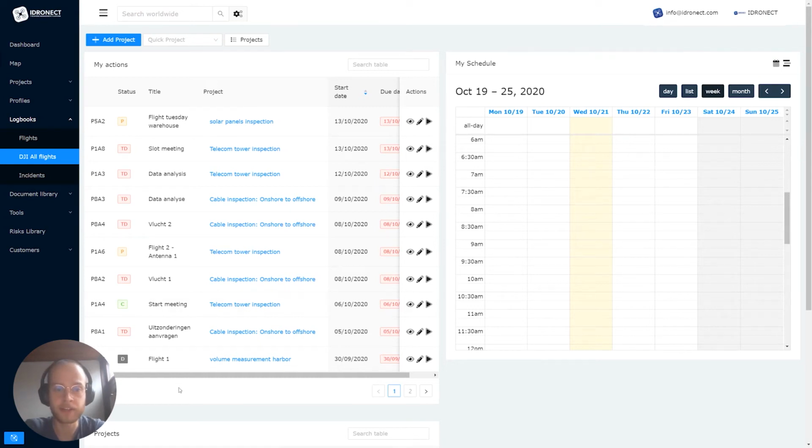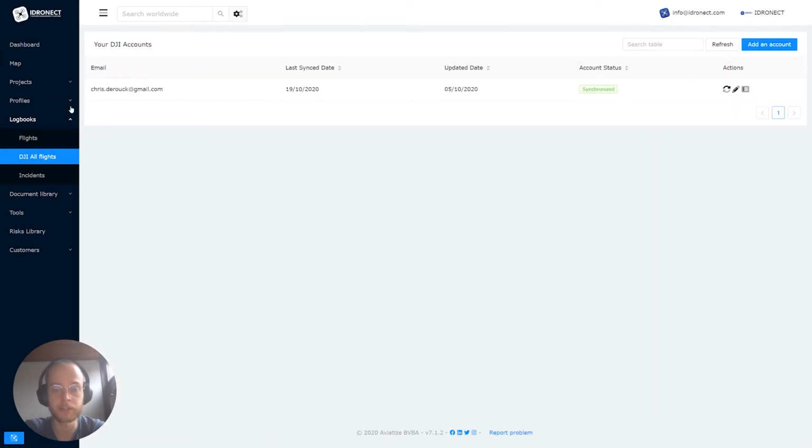The DJI integration of IDRONECT is a very interesting functionality in the IDRONECT OS platform. It is very similar to other log analyzing tools available on the internet. You can find your DJI logs right here in the menu under Logbooks. And when we arrive at this page, we can see that the account of Chris is linked to this IDRONECT